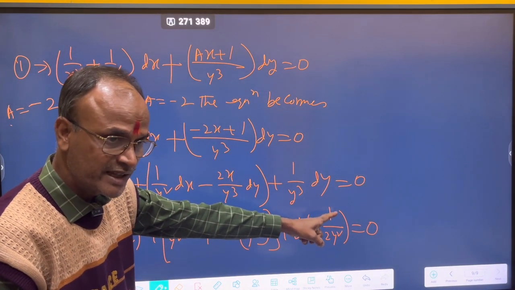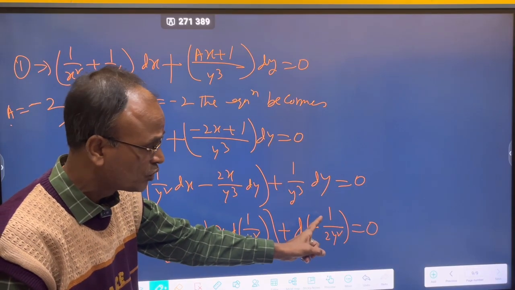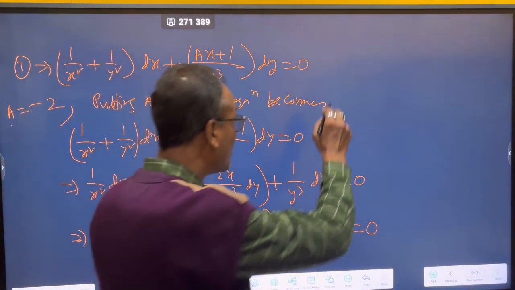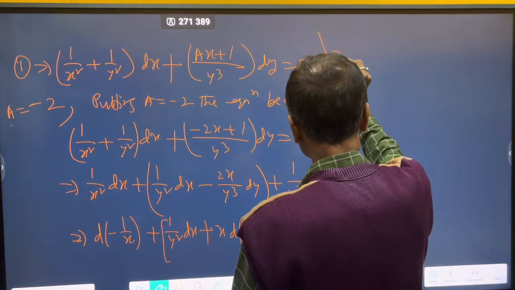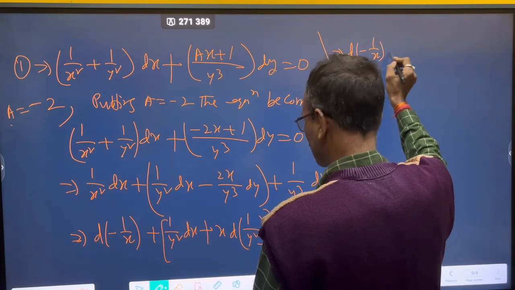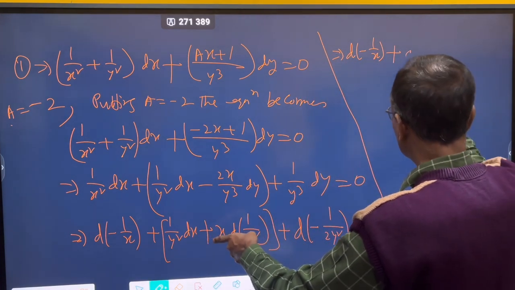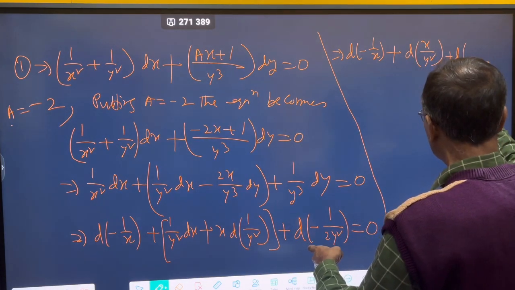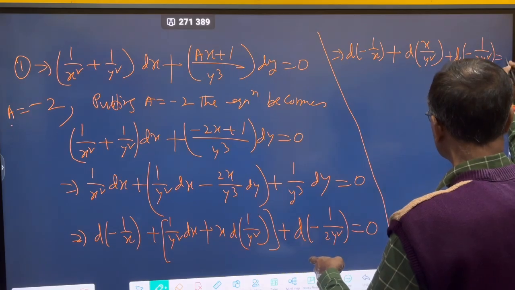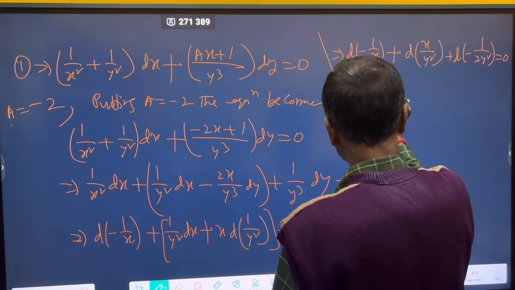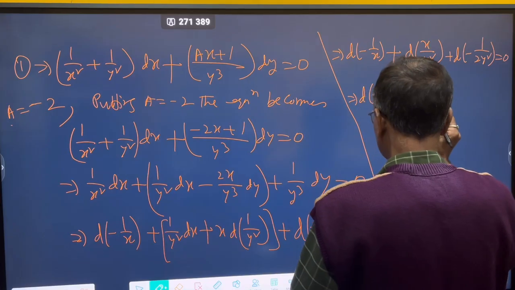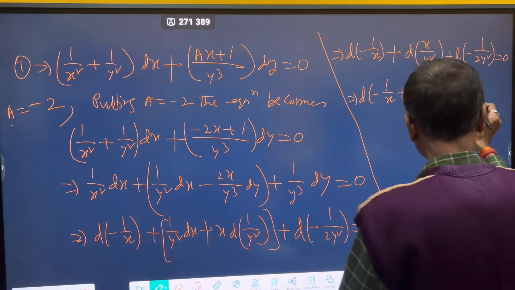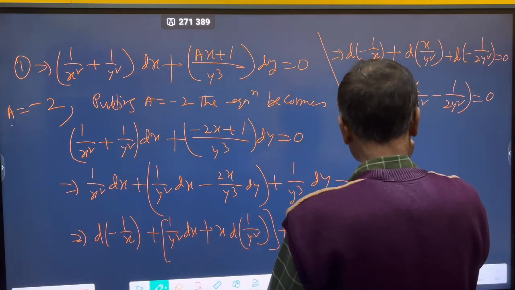Y to the power minus 2: differentiation is minus 2 y to the power minus 3, and minus 2 will be cancelled. This means d of minus 1 by x plus d of x by y square plus d of minus 1 by twice y square equal to 0. Or you may write d of (minus 1 by x plus x by y square minus 1 by twice y square) equal to 0. Integrating,